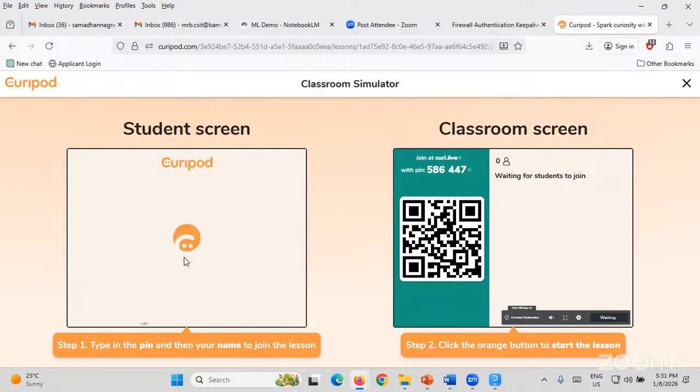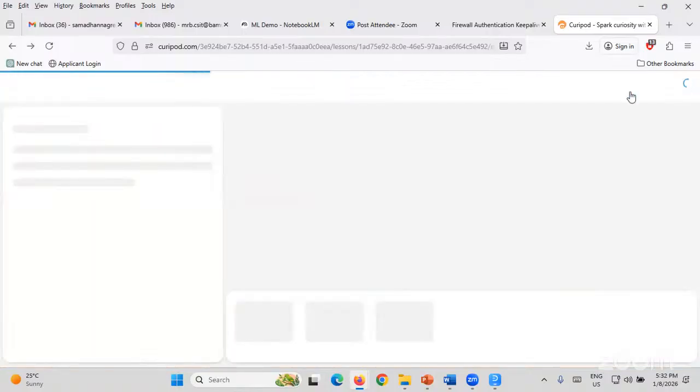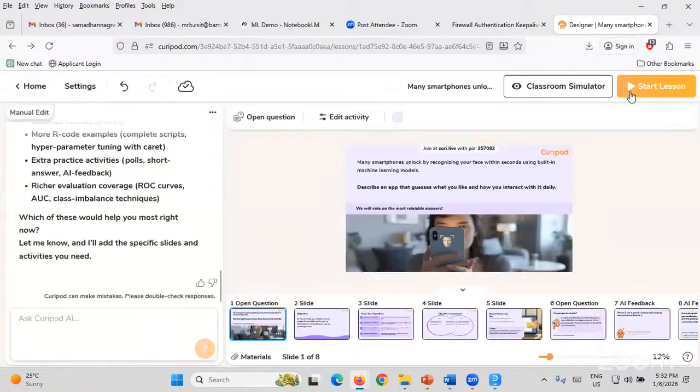And join. So this is simulation. Simulation means we can have the experience of what is happening at student side and at teacher side. So I think QReport is very wonderful because it gives you a real-time experience of immediately starting your lecture. Okay, but again it is paid version, and you can add activities also, you can edit the activities also, so